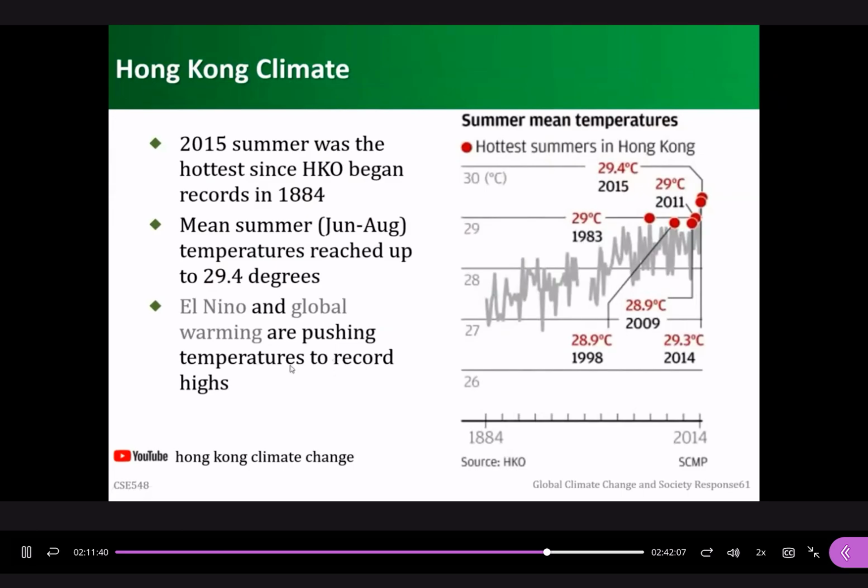El Nino is about the water temperature of the Pacific Ocean in the equator region. In general, the temperature is uniform in the Pacific Ocean. But for the El Nino phenomenon, it means extremely higher temperature in Southeast Asia. So it will bring a higher temperature in the Asian area. Maybe we'll talk about it in the next class for more information.